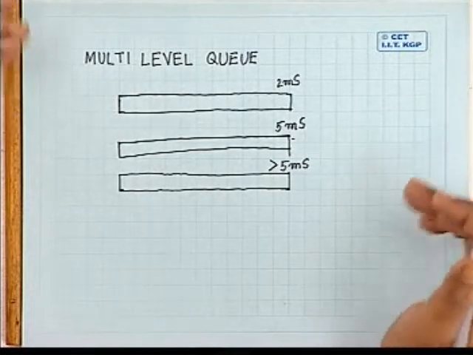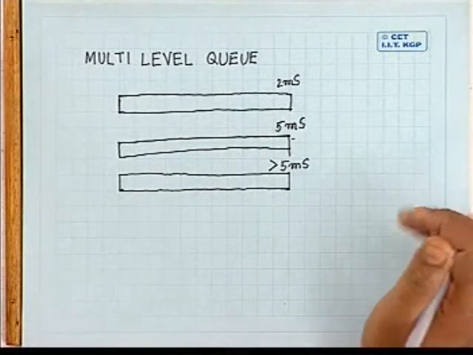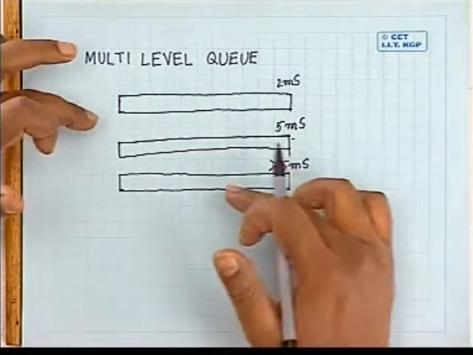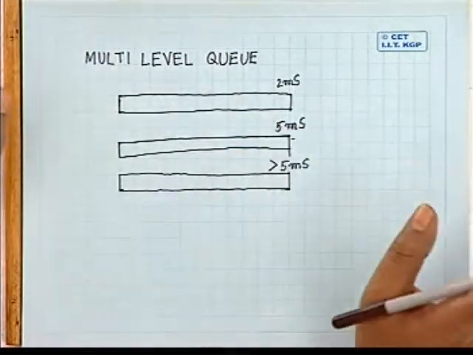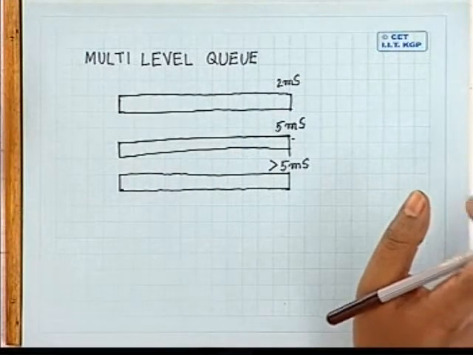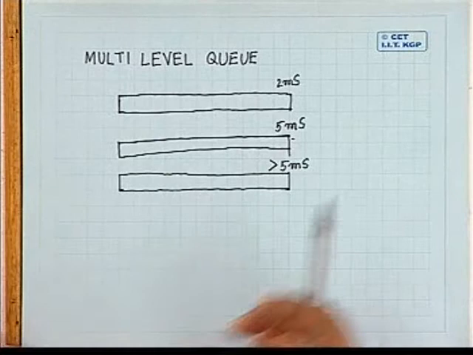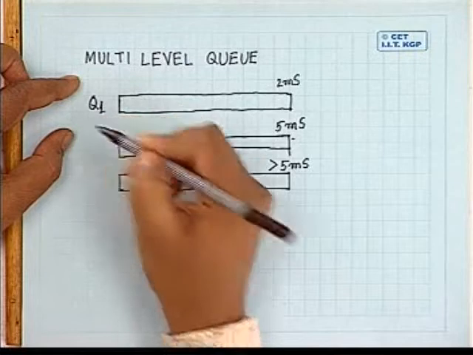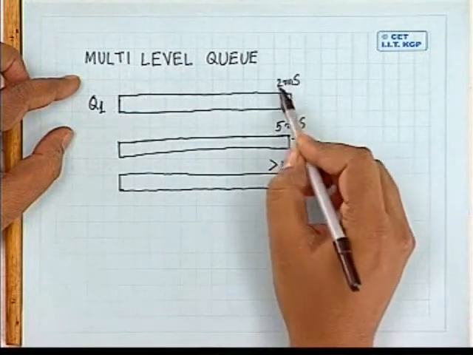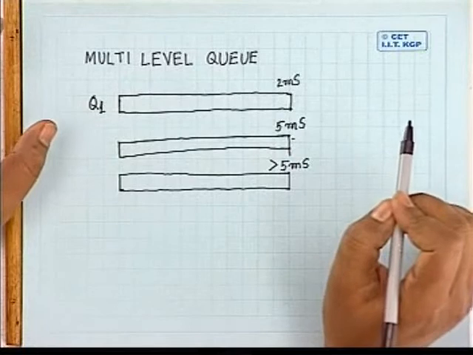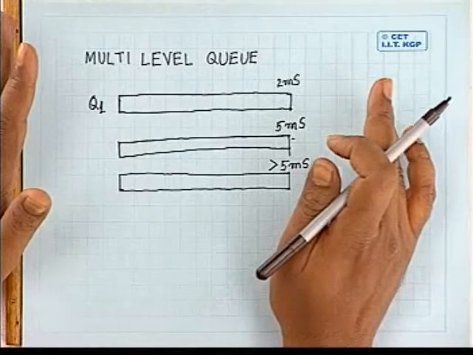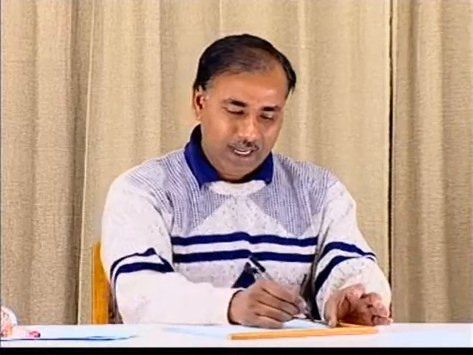So if by some means we can estimate the average CPU burst time of a job, I can put the job in one of the ready queues. Here our assumption is that the first queue, say Q1, contains jobs where every CPU burst is less than or equal to 2 milliseconds. I can consider those the shorter jobs or IO bound jobs, which should get preference over the CPU bound jobs.